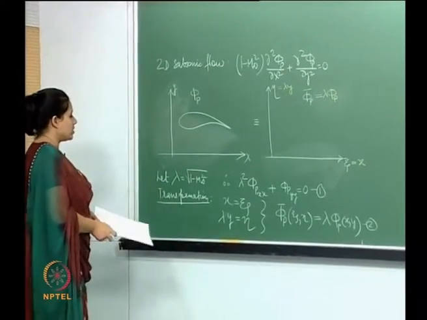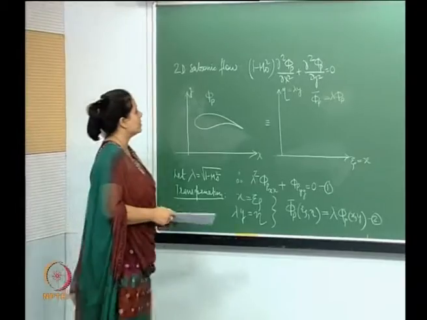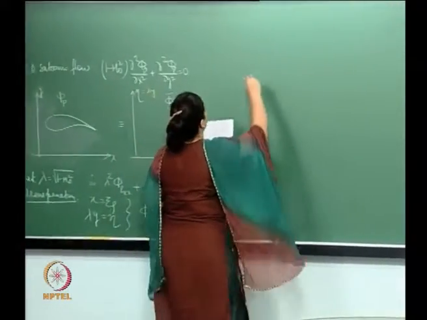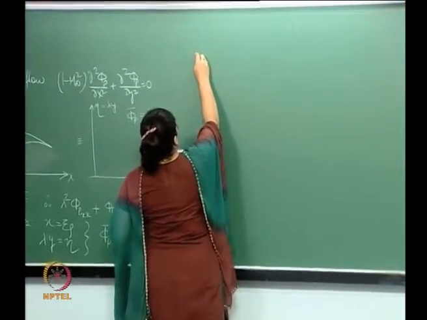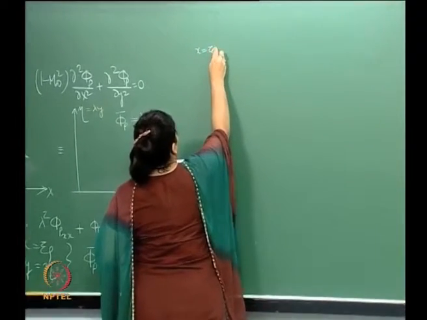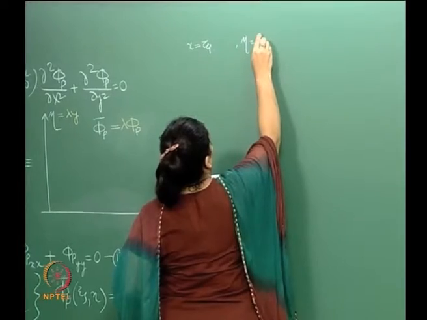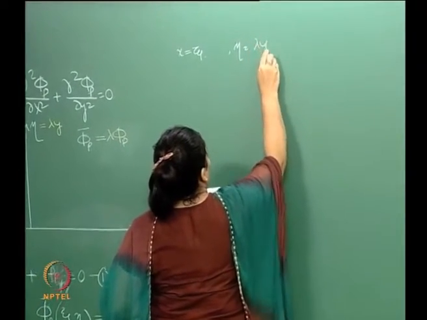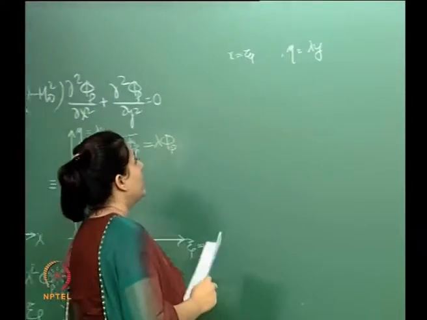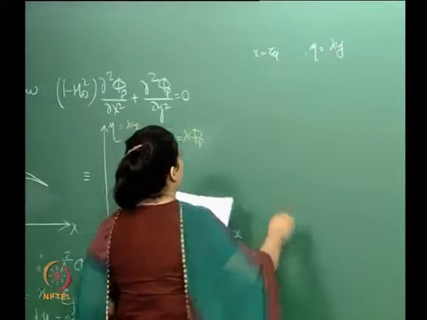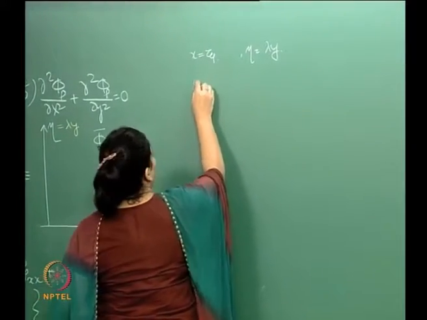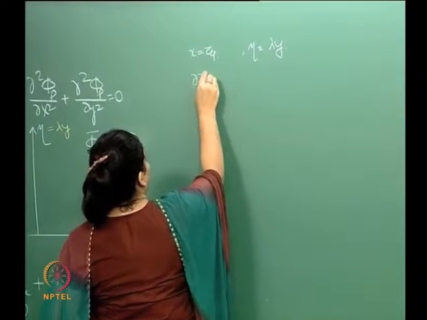So, now let us do some math with this. Okay. So, now if you look at this, we said that x is this and eta is equal to lambda y. This is our transformation. Okay. So, if that is true, then what we get is